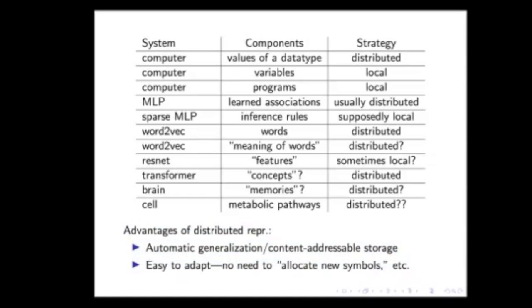So if I'm looking at some problem where it turns out midway through training that I'd really like to introduce an intermediate concept, a symbolic system would have to make the decision to add a symbol, to allocate a new symbol or a new region in memory. One of the advantages of distributed representations is that I don't have to do that explicitly. I would have loved to show a simple toy example of this, but of course there are whole conferences named after learning representations, so I hope I can leave this to your imagination.